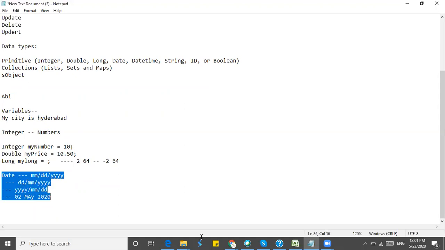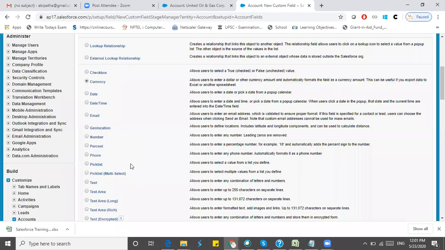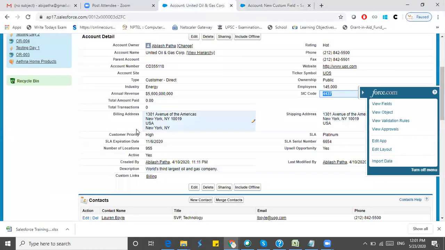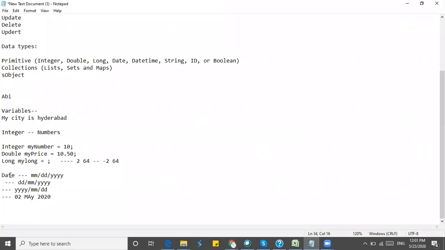We have some fields in an object. While creating fields, we can create a date type field in an object. For example, we have something called expiration date. If some value is present in this field, we can assign it to a variable which is of date type.